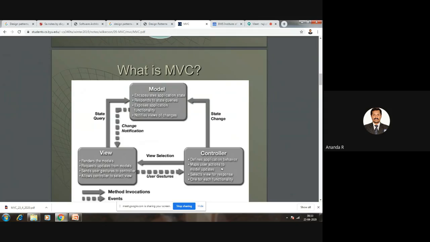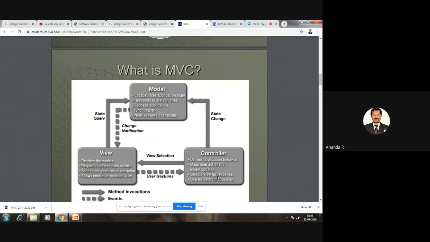Then the controller defines the application behavior. The application has to behave like this, change like this, save the data like this. All these behaviors are controlled by the controller part. Then it maps user actions, so mapping of user, creating of user, controlling of user is also part of the controller.